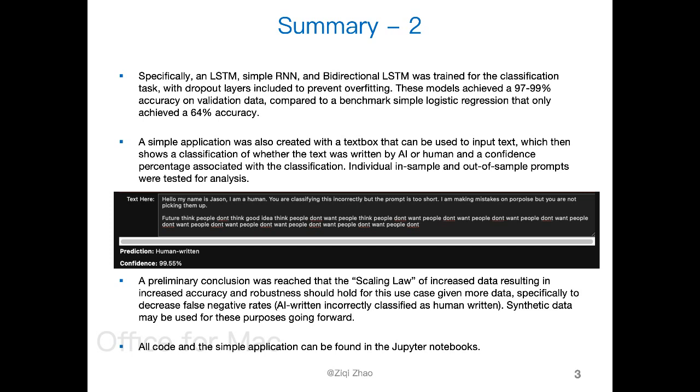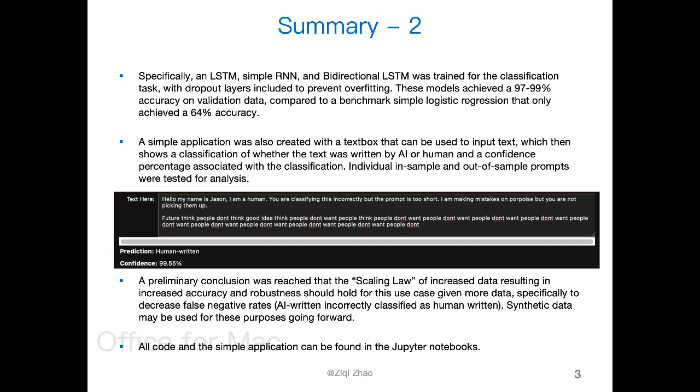I also created a simple application as shown here, a text box that can be used to input text. It shows first a prediction of whether it was human written or AI written, and a confidence level along with that prediction. And a preliminary conclusion after a series of tests was that this classifier, specifically the bidirectional LSTM, which was used in this simple text box widget,